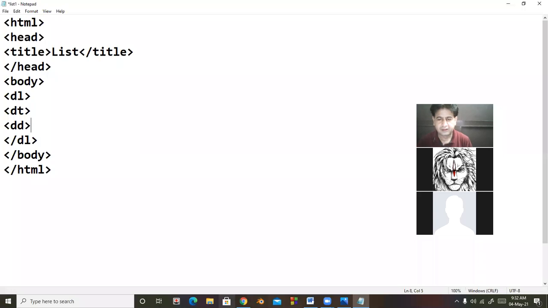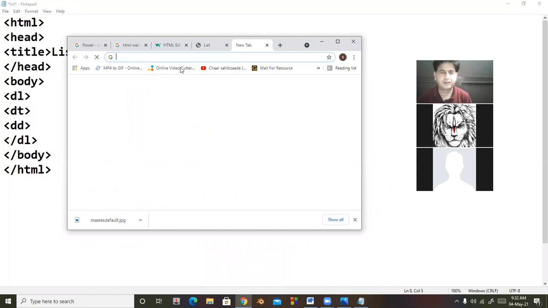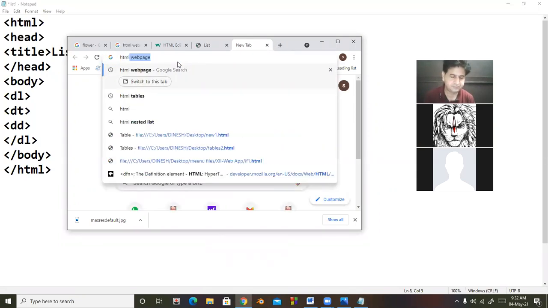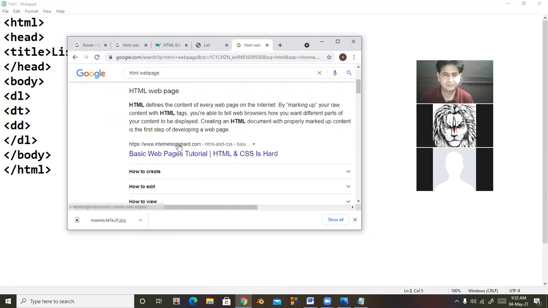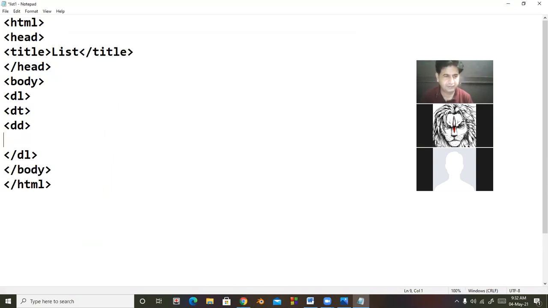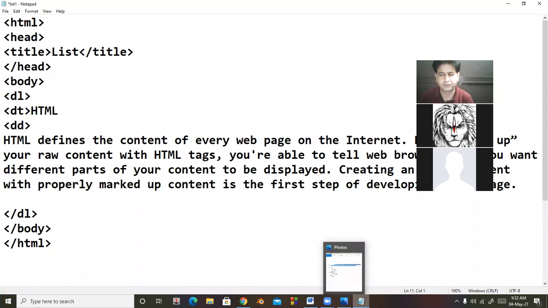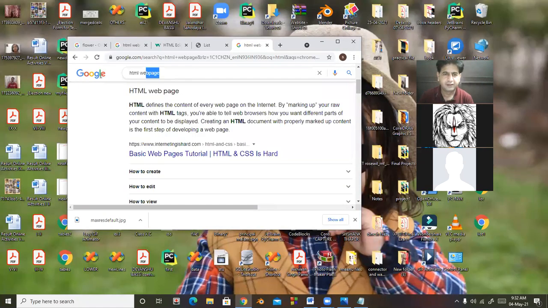For example, I want to explain, suppose, HTML. So look at here. In DD, I will type the complete definition, and in DT, I will type only the heading, HTML. Again, second, I want to give the definition of, suppose, CSS.